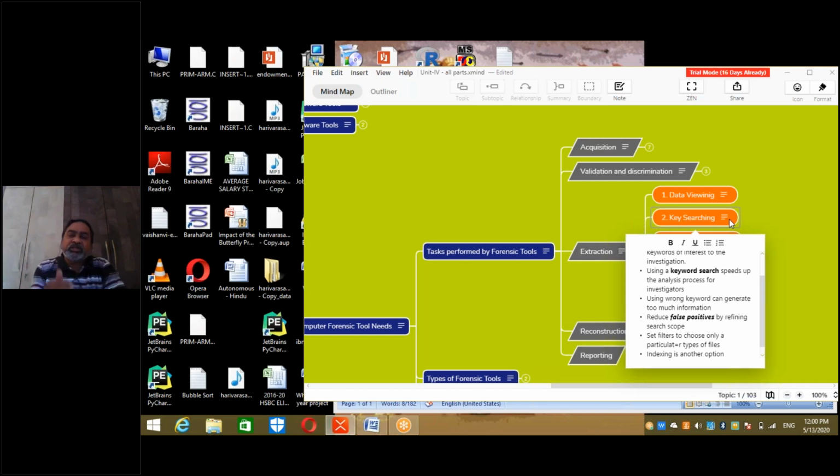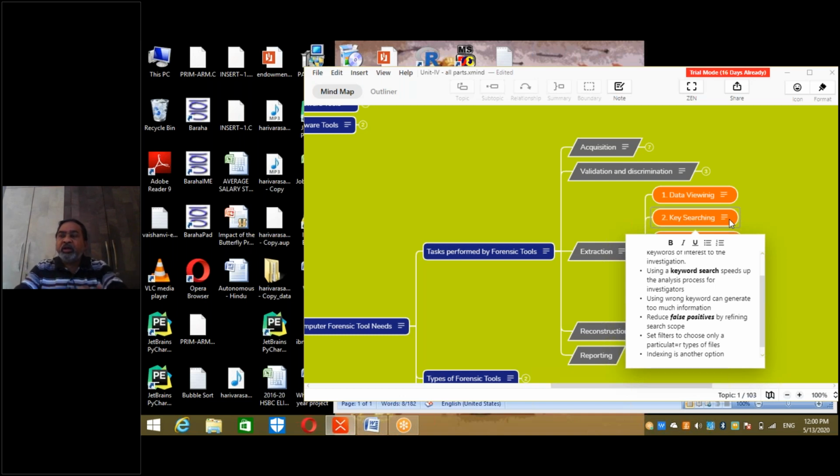Many come, but my focus is on one particular component. So what do I do? I go with another character, another column, and filter there. This process is called reducing false positives. That means minimizing, reducing, or eliminating the showing of data which is not relevant to the case. It is positive data, but it is false in the context of the case. So it is called a false positive.